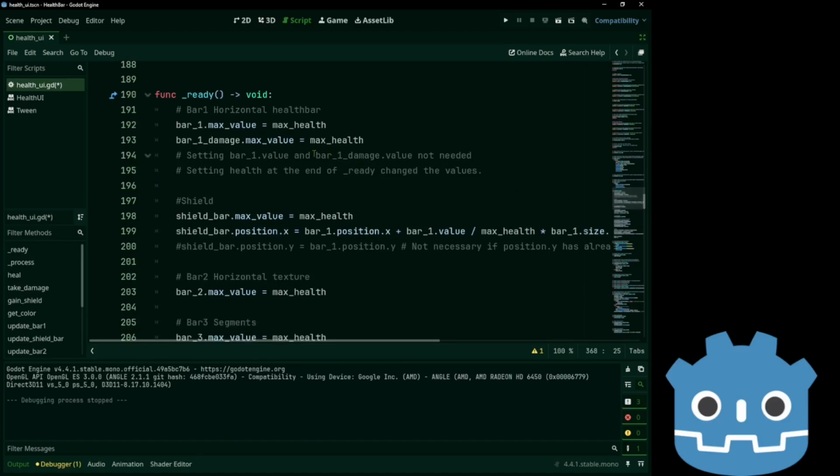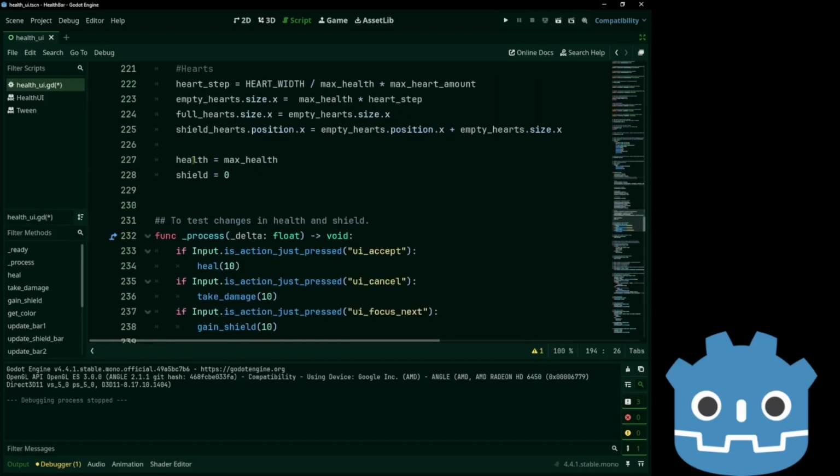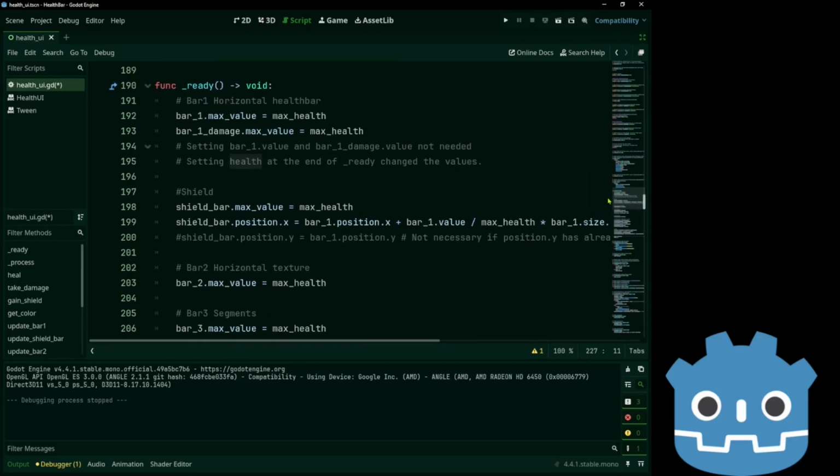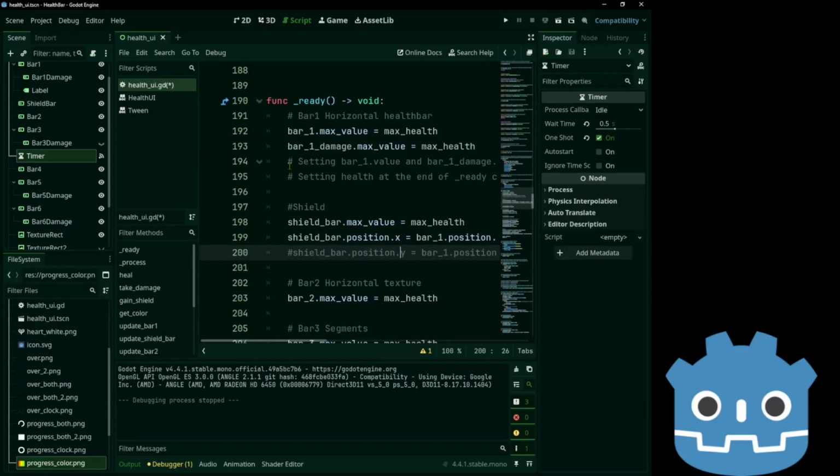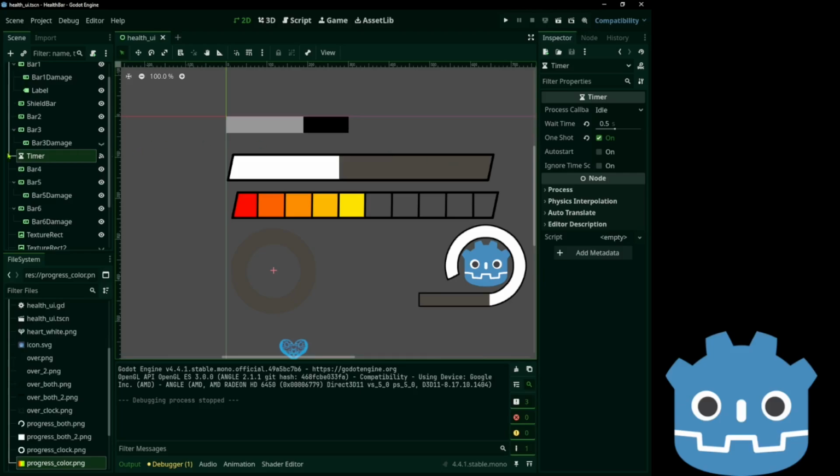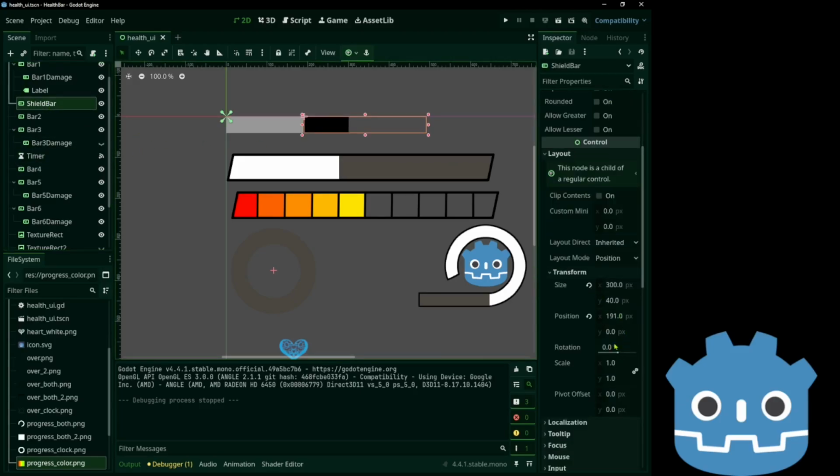Now in the ready function, we don't have to change the values of bar 1 and bar 1 damage anymore. And that is because they will change when we set the health. On the shield, we are setting the max value, and position Y is no longer necessary because we set the position over here.